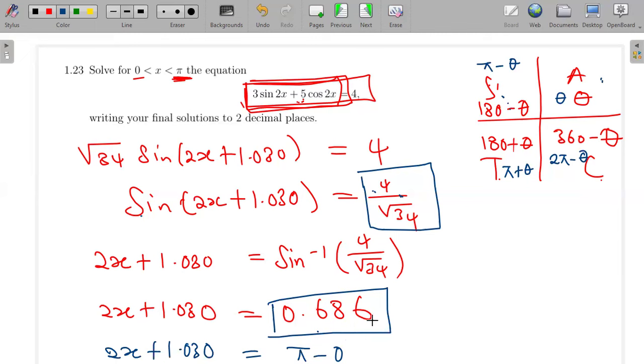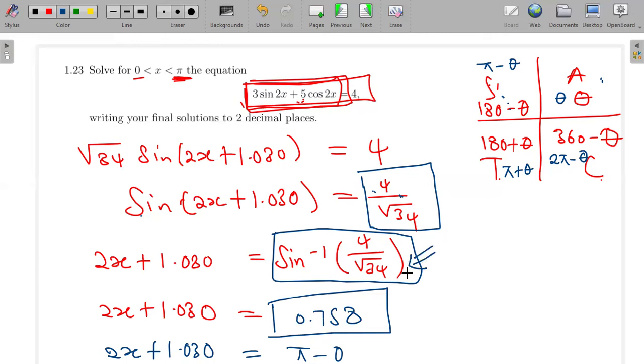Did I get the correct answer here? Let me punch it again, this part here. Sine inverse of 4 over root of 34. It actually gives me another value, not the one that I wrote. So the correct value that I get is 0.758. You try it to confirm. So sine inverse of this is giving me this. And so the other angle now will be pi minus this,